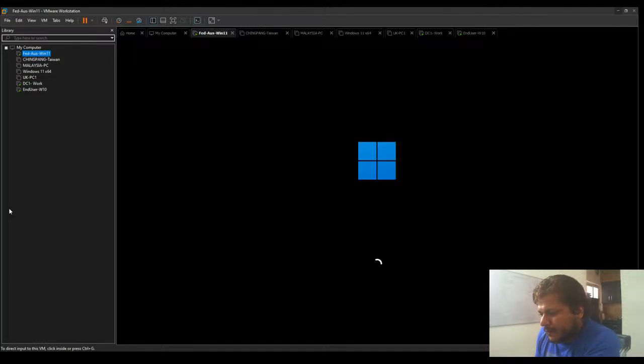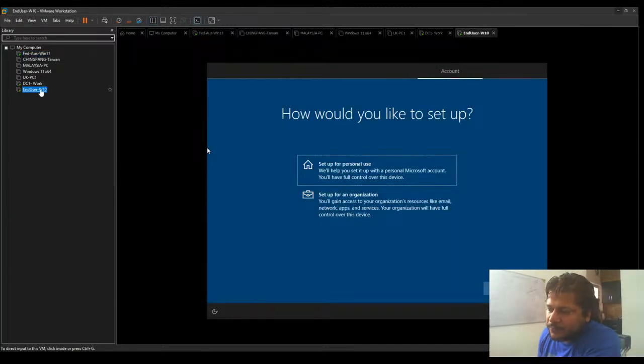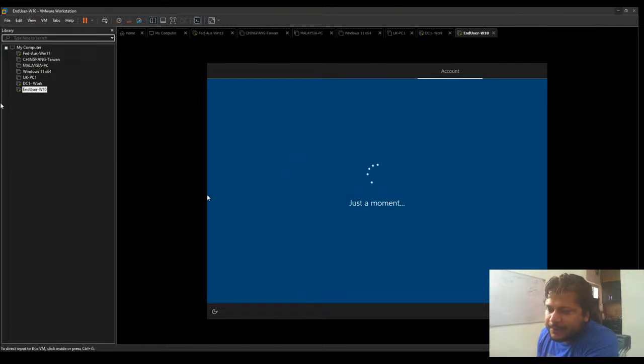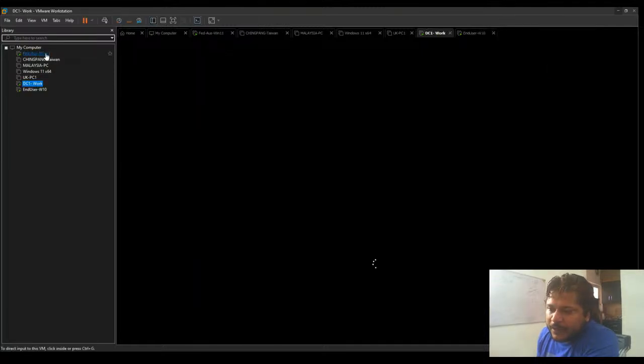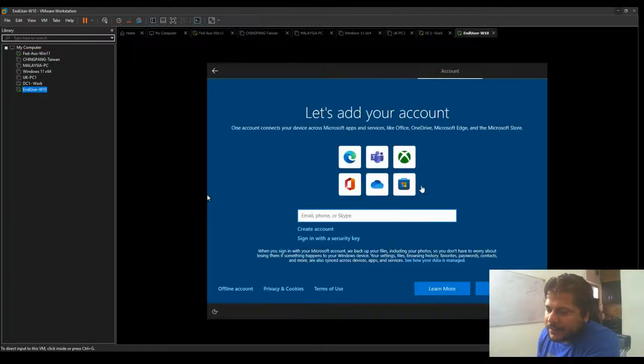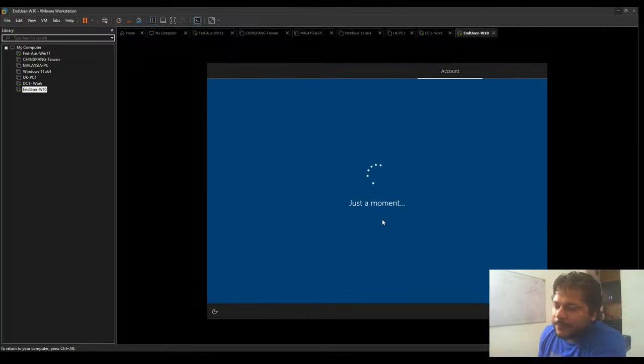Now it's a little slower. I'll tell you the reason why: I have three machines running at this moment. The Windows 10 installation had started, my domain controller, and I also have a client machine. Because the Windows 10 installation is taking a lot of time, I am not going for that, and I will join the existing Windows 11 machine I have.